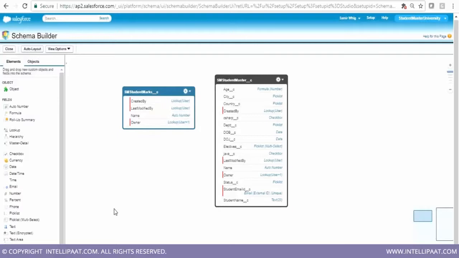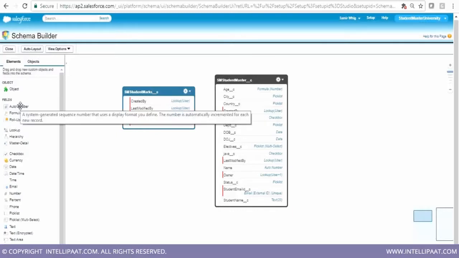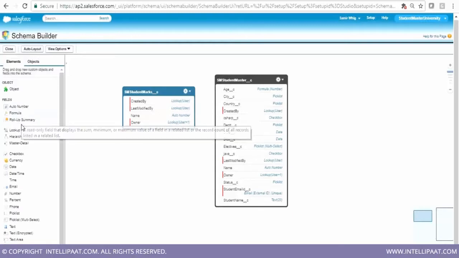Now let's create a few custom fields in the student marks object as well. You can see here on the left hand side bar all the data types: auto number, formula, roll up summary, then all types of relationships, lookup, hierarchy, master detail, as well as checkbox, currency, date and time, email, number, etc. So let's create a custom field of data type number. Just drag and drop